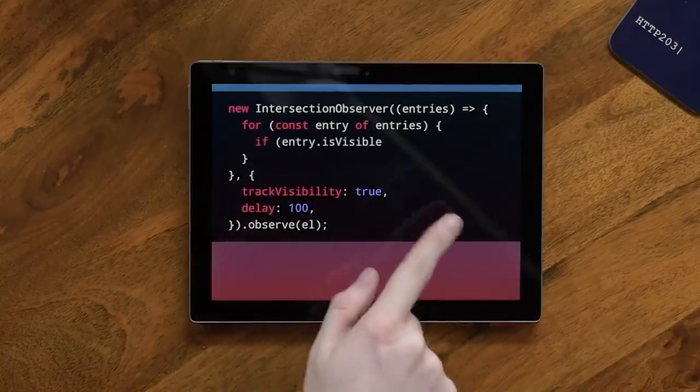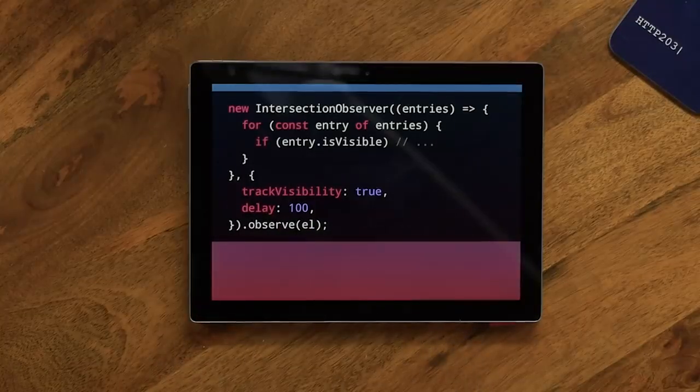And then in your callback here, in the entries, it tells you is visible, and it will give you that callback when it changes. Yes, it has, well, the opposite. It's not obscured. Yes, see, it's a great API. Although, I think it's really good. Like, the naming aside, the functionality is really good.